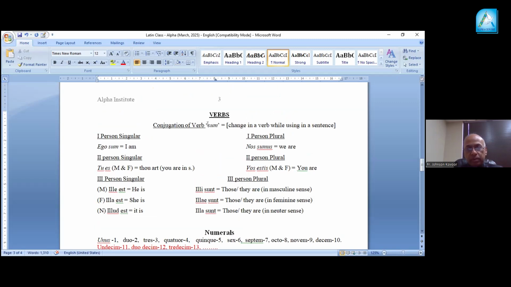So if we use verb sum, if we are conjugating, conjugation means a change in a verb while using it in a sentence. That is conjugation. Declension was change in a noun while using it in a sentence. Conjugation means change in a verb while using it in a sentence. Okay. For verb sum,